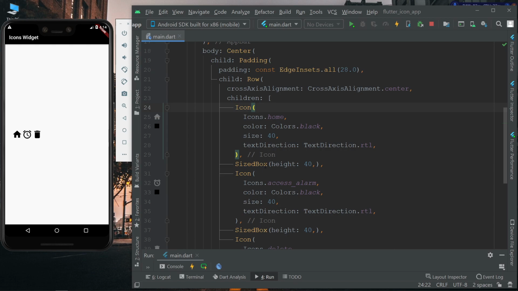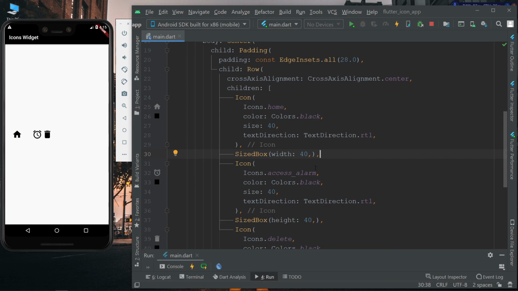As we have specified space between these widgets using the height property, which will not be applicable in the horizontal direction, we have to use the width property. Let's hit Ctrl and S. Now you can see there is space between the two icons. Similarly, we will specify the width property to have some space between the alarm and the delete icon.